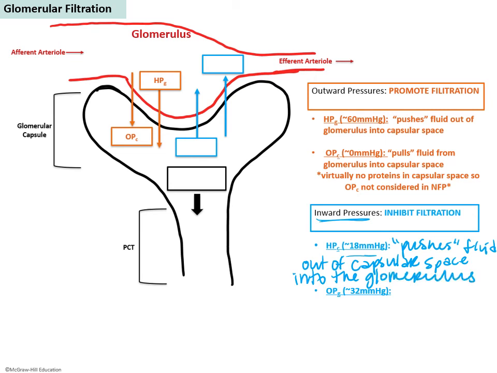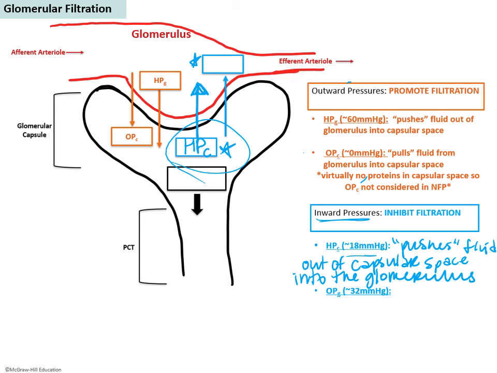So let's fill this in on our little picture up here. If we are talking about something of the capsular space, do I want to pick this one up here that's residing in the glomerulus, or this one down here that's residing in the capsular space? I want to pick this guy in the capsular space. So HPC, that hydrostatic pressure of our capsular space, is going to push fluid out of the capsular space into